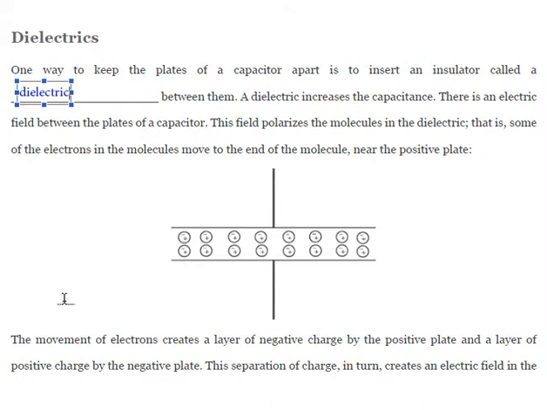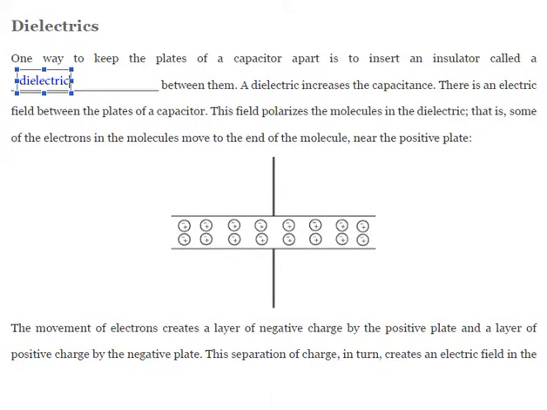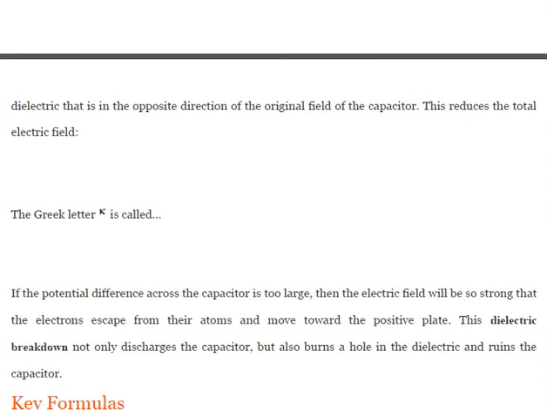How does that help? Well, that movement of electrons creates a layer. You can see this whole top row is just a layer of negative charge right by the positive plate. And we have a layer of positive charge right by the negative plate. So that separation of charges creates another electric field. And it goes in the opposite direction. So it reduces the total electric field. So if we wanted to calculate what's the new electric field, well, we would just have whatever our old one was